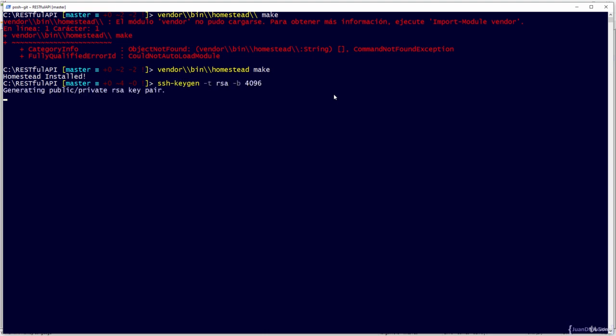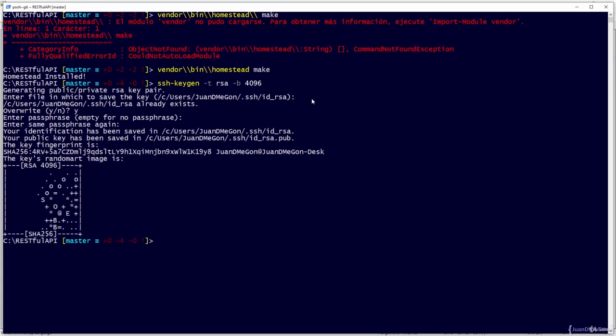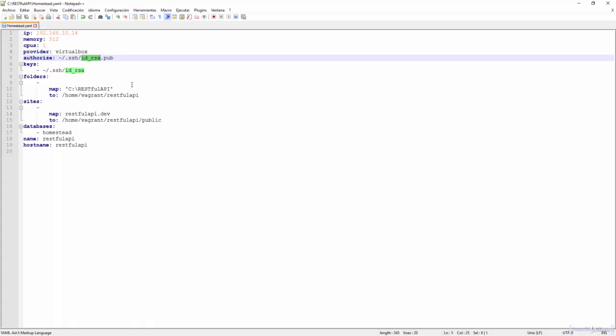After that, it is going to create an SSH key pair. And if we don't have any there, we just need to press enter to install it in this directory. That is the right directory now. And if you already have one, you don't need to override, but if you want, you can do. In my case, I'm going to do it to show you the whole process. Now, we can enter a passphrase, but it is not required. So we just need to leave it empty and press enter again and again. At the end, we have the id_rsa SSH key pair,